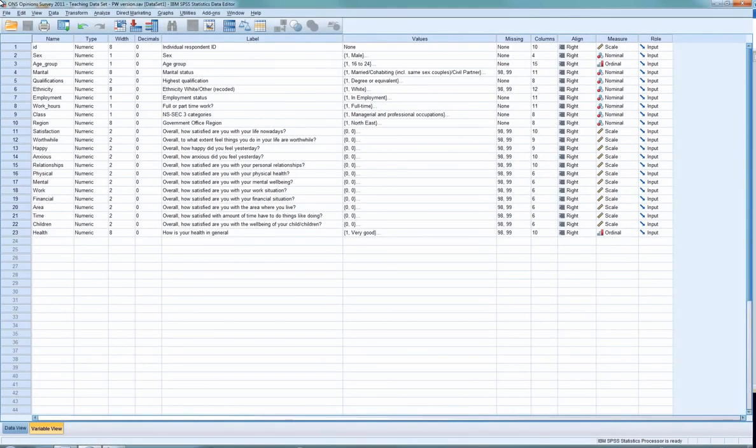In previous videos, we looked for relationships between two categorical variables using cross-tabulation, and we compared means when we had one categorical and one continuous variable. In this video, we're going to examine relationships between two continuous variables using correlation. We're going to look at the relationship between respondents' satisfaction with their physical health and their overall satisfaction with their